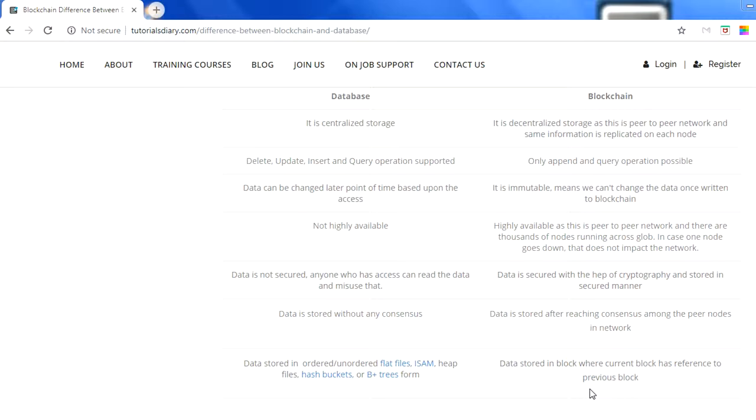In the blockchain, you put information, like I am putting 100 transactions of data in one block, then in the next block I put 150 transactions. Then those blocks are connected with each other. That makes the chain of blocks, and that makes it immutable. So this is how data is stored in a blockchain, and this is the major difference we have between database and blockchain.